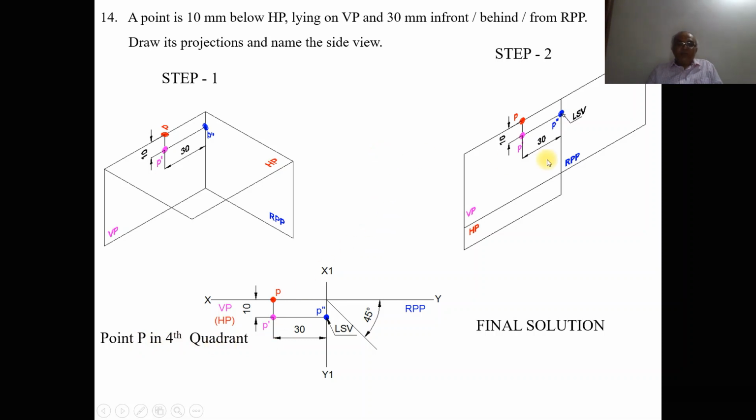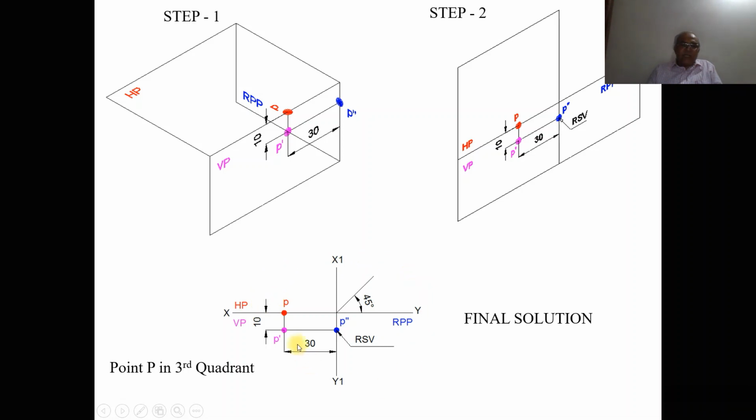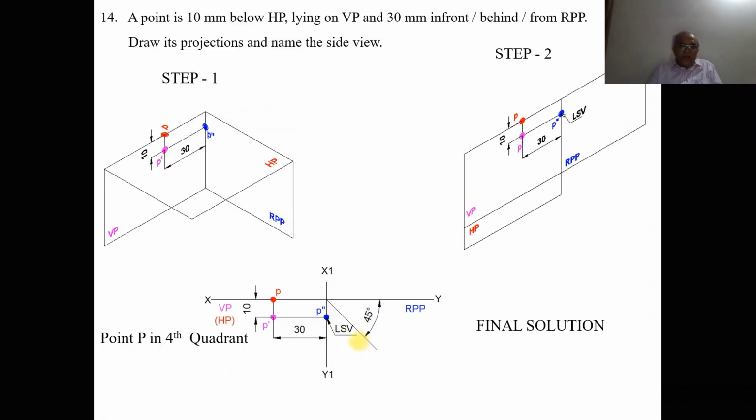But when you want to solve this problem in AutoCAD, we are going to solve the problem in the third quadrant, because the same type of problem which I solved in the previous video was done in the third quadrant. Now we are going to try to solve this problem in the third quadrant. When you observe these two, both have the same sketch, except that the planes are different. And also here in the third quadrant it is the right side view, while in the fourth quadrant it will be the left side view. So that is how it changes. This is the analysis of this particular problem wherein the point lies on VP.